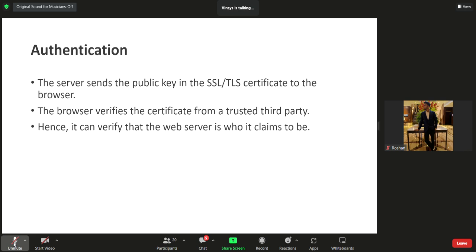The server sends the public key in the SSL/TLS certificate to the browser. The browser verifies the certificate. How the browser verifies it, we are going to see in the PKI. The browser verifies the certificate from the trusted third party, and hence it can verify that the web server is